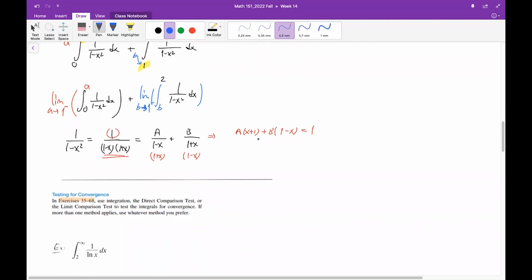And to find out what a and b are, you can just insert the roots. For example, if x is minus 1, this part is gone. So minus 2, if x is minus 1, it is 2b equals 1, so b is 1/2. Similarly, insert the root of this part, and then this part is totally gone, then you obtain 2a equals 1, giving you that a equals 1/2. Okay, then the integral is,